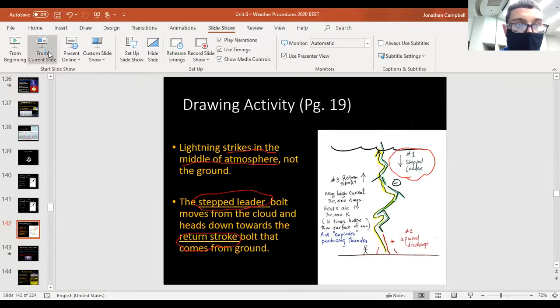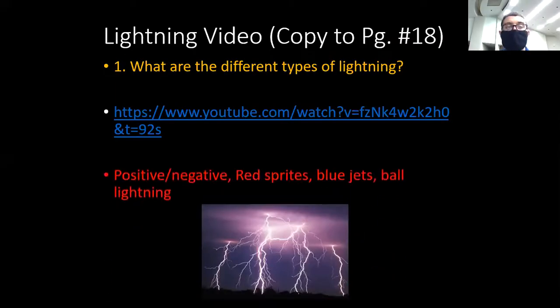So we had, just so you guys can see, again, we had positive and negative lightning. Those are the more common ones we see, but also some of the cooler, more rare ones are red sprites, blue jets, and ball lightning. Again, positive